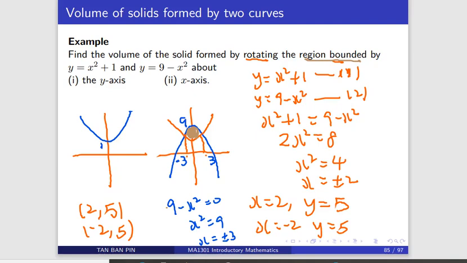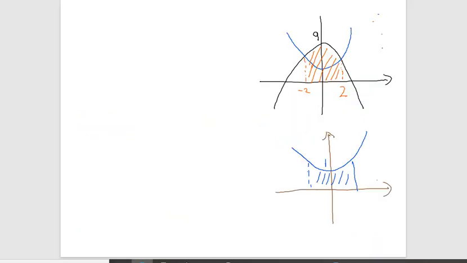We shall now look at the case when you rotate about x-axis. When you rotate about x-axis, you should be doing this way. First, you consider the region under the curve y equals 9 minus x squared, which is the red region. So you rotate the red region about the x-axis to find the volume of revolution, the volume of solid formed,